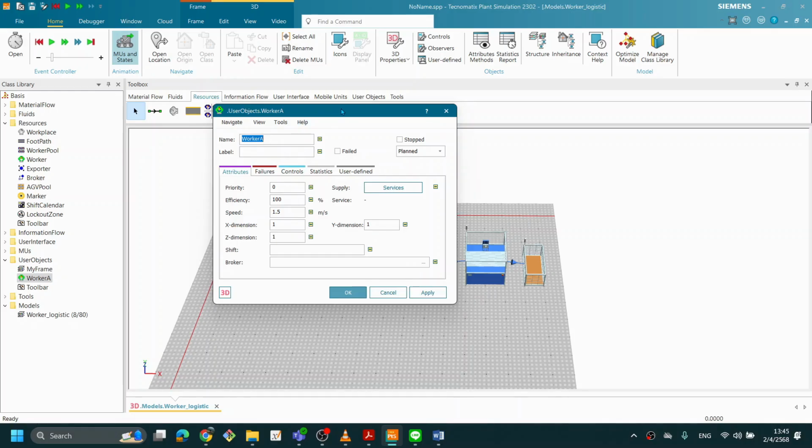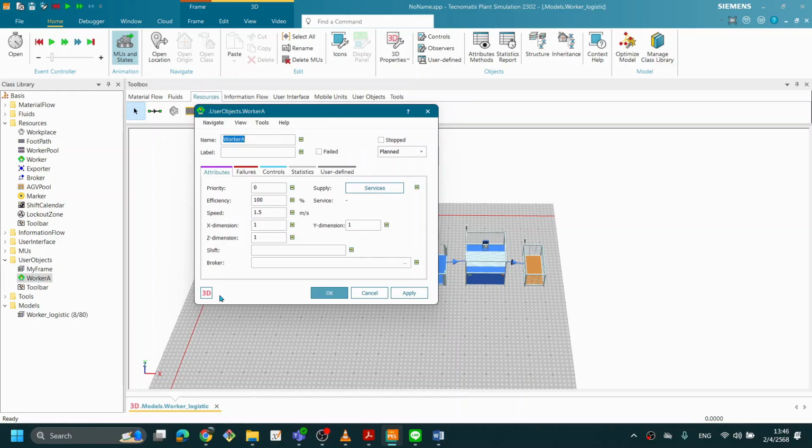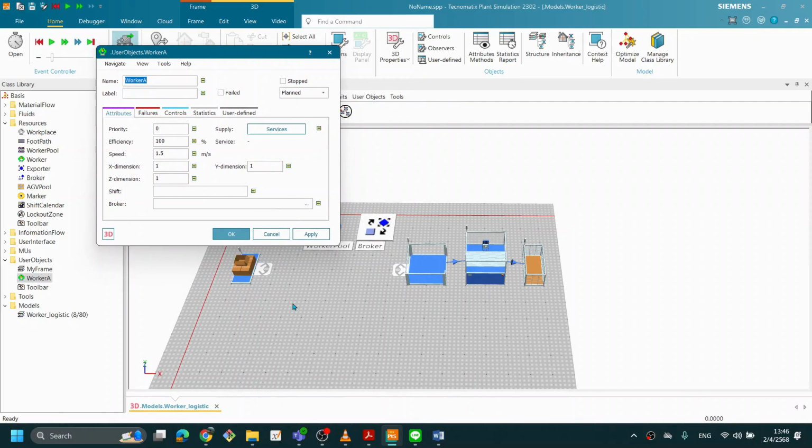It's the individual worker A. If you need to set up the parameters of worker A, it's how many workpieces worker A can carry, right? You can define the dimensions: x dimension, y dimension, and z dimension. And if you need to define worker A so it can carry five workpieces, and its x dimension means